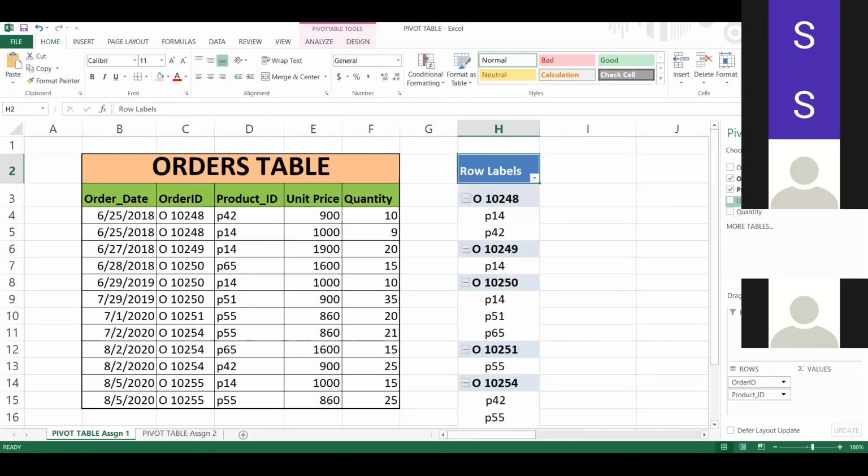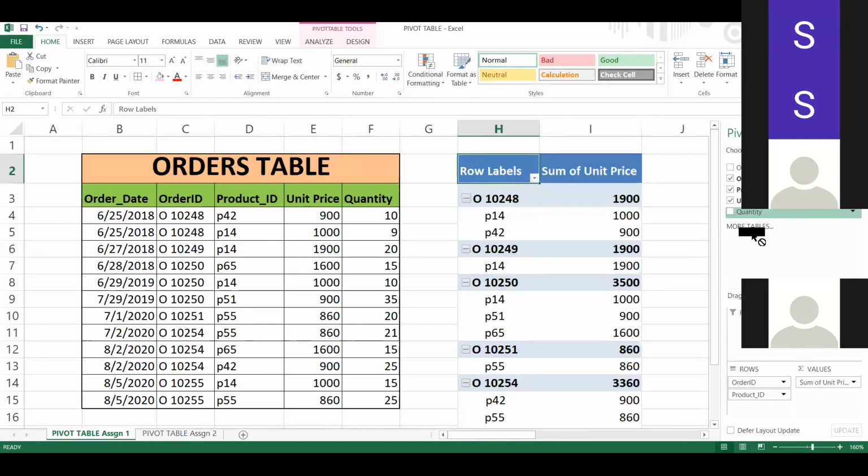Now remember that all the fields which are numeric in value have to be placed in the values area. So there are basically four areas: rows, columns, values, and filters.